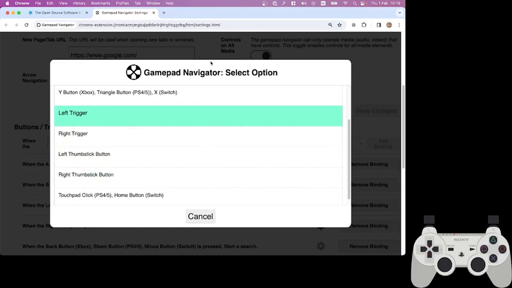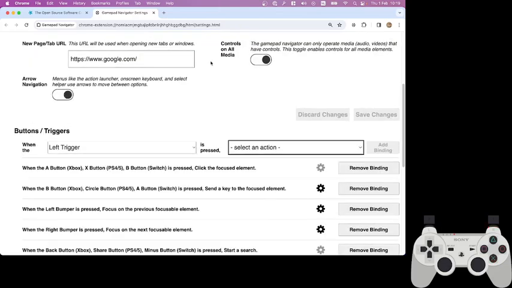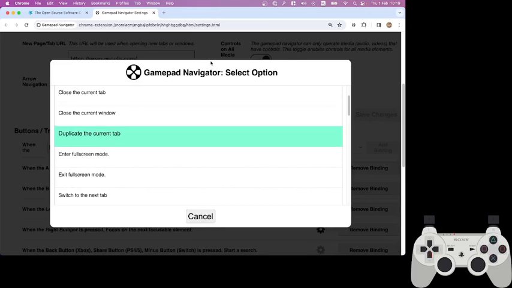So let's say, for example, I want to use the left trigger. I use the D-pad to highlight that and then use the click button to click that. And now I have to select an action. You can see that the add binding button is still not available because I haven't selected an action. So let's just say duplicate the current tab,